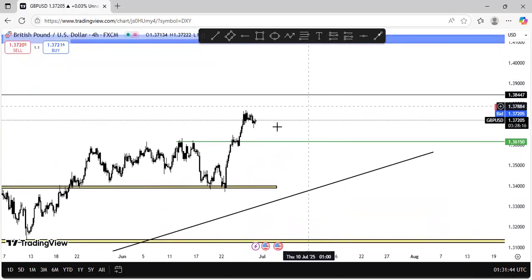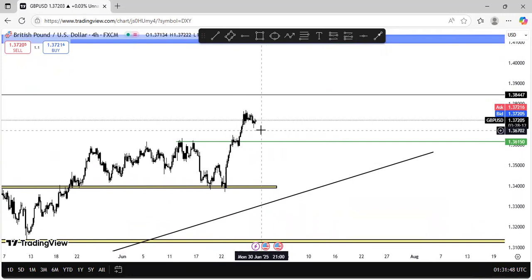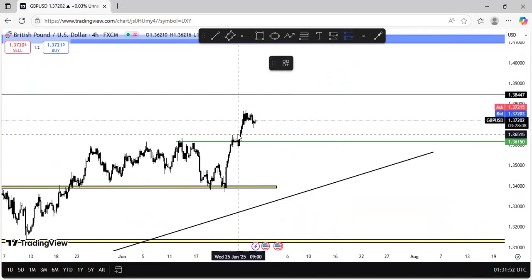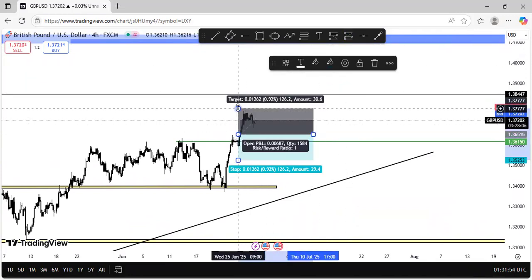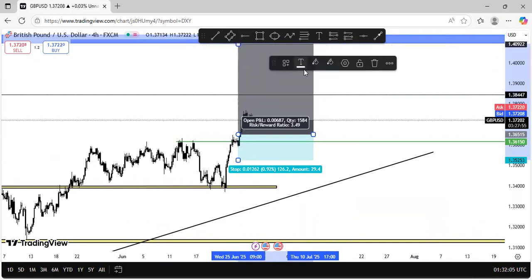So I've got long positions on the GU. Sorry. I thought my recording stopped. It's terrible when you're recording the video and then it just stops. It's quite bad. So I've got long positions on GU